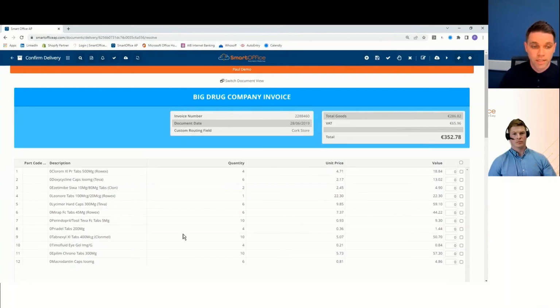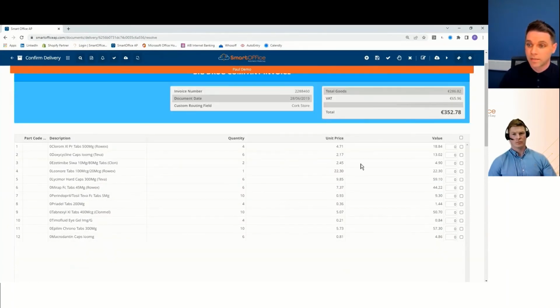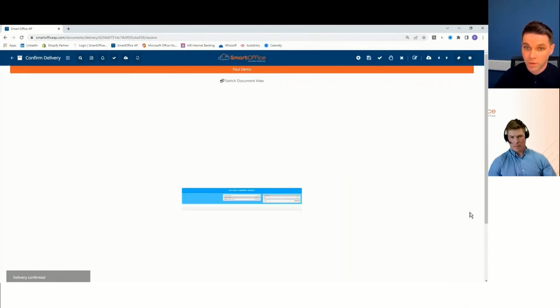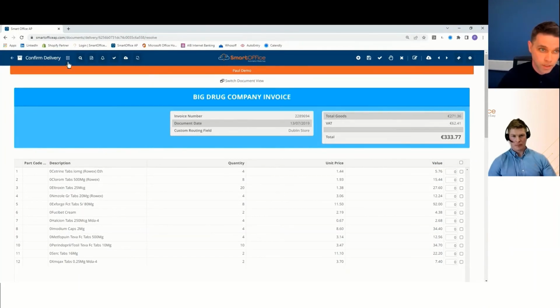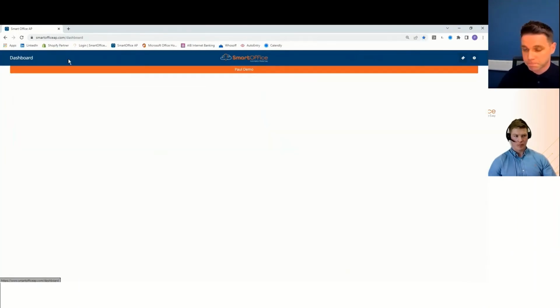You'll see here, we'll present the invoice in a fashion that they can either do it individually: yes, we received 3 of those, not the invoiced 4, or I can line complete directly here, or indeed with one click of a button go directly and do the whole lot of those. And once that's done, that notification goes back to the AP team to say that this store or this person or this business division has confirmed delivery of this and it can be proceeded.